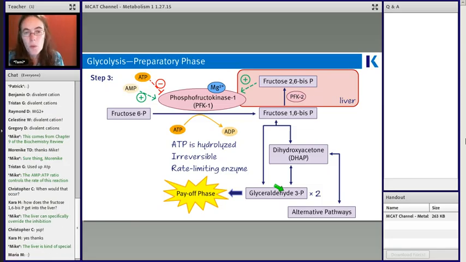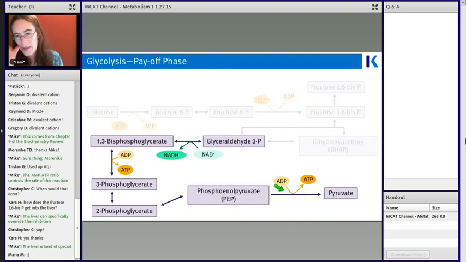So fructose 1,6-bisphosphate is immediately broken down in step 4 into 2 3-carbon molecules. The DHAP can either be converted into the glyceraldehyde 3-phosphate, or it can be used in alternative pathways. All right, so if I have glyceraldehyde 3-phosphate, let's look at what we can do with that. Okay, so my glyceraldehyde 3-phosphate here is going to become